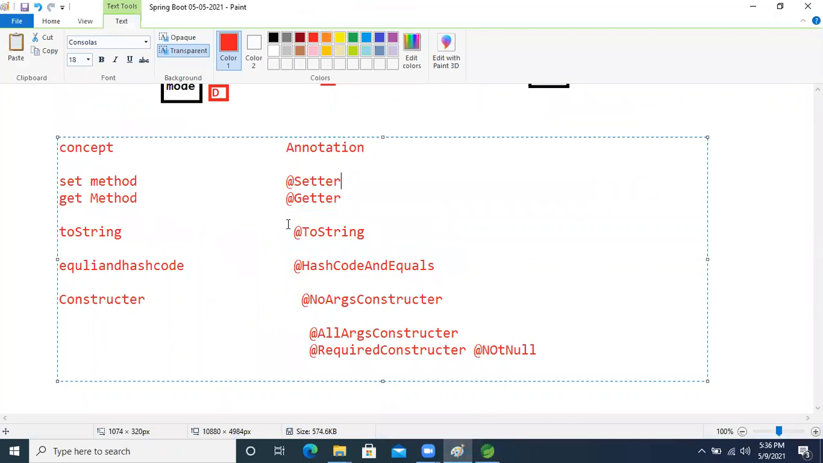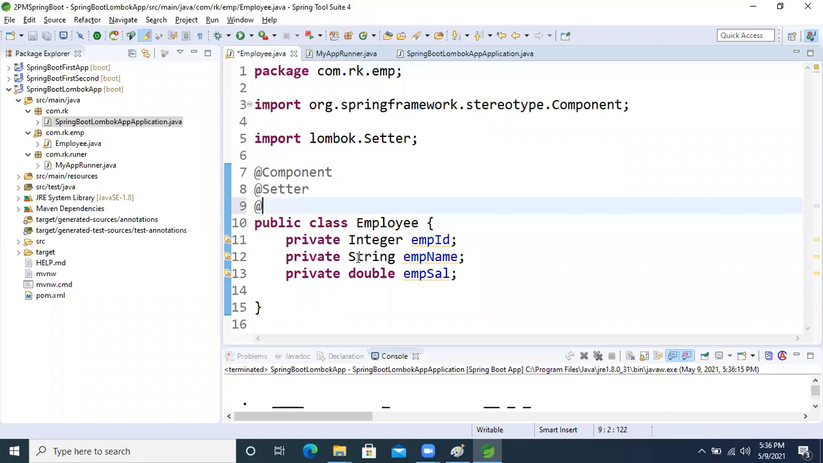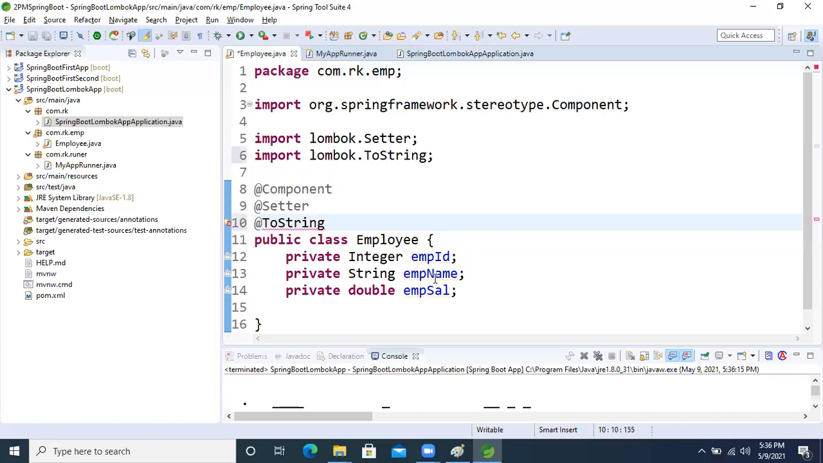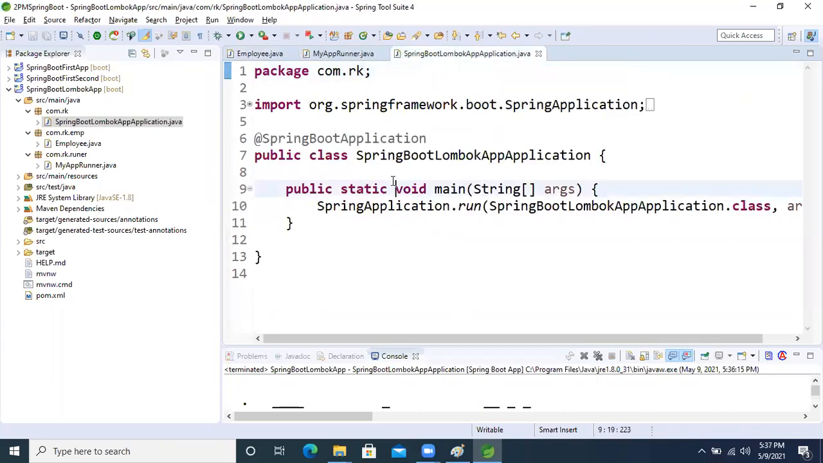So toString is there, right? I don't want to write toString explicitly. What we will do now is apply the @ToString annotation on the top of this class. Okay, then come again, come inside the runner class and run the runner class,